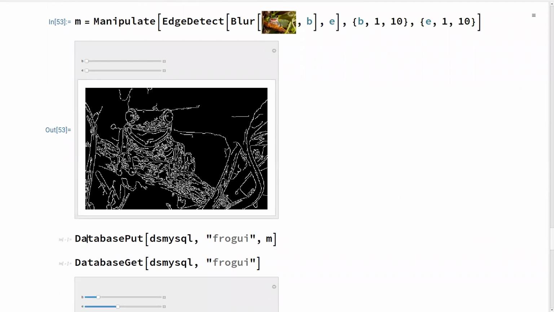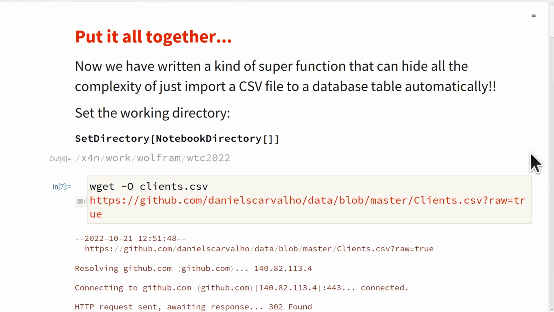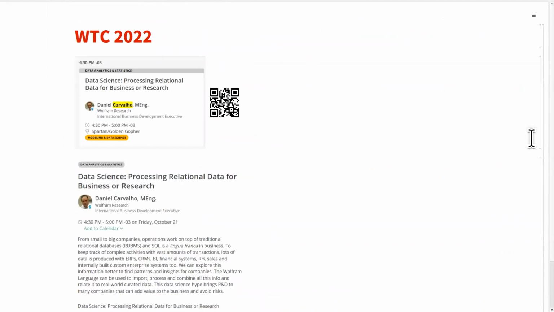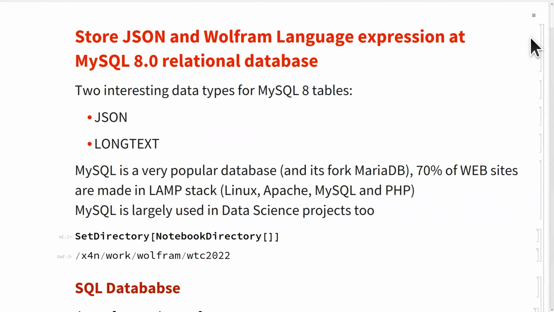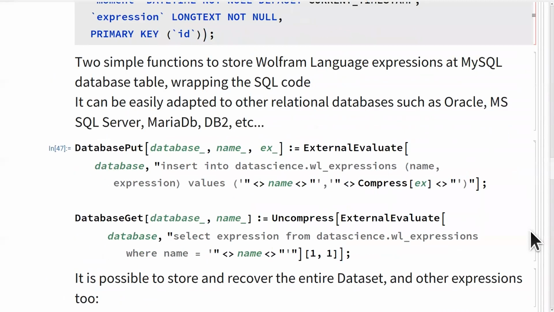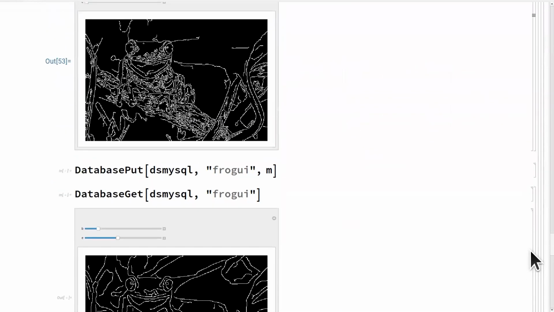Let me try here. Oh, I lose everything here. Oh, it's at the end. Oh, here, I can call this thing version 2.